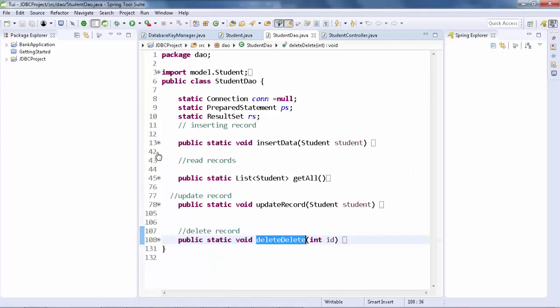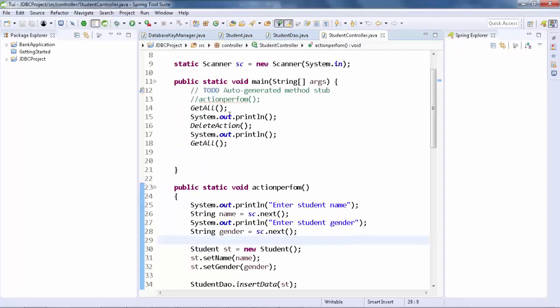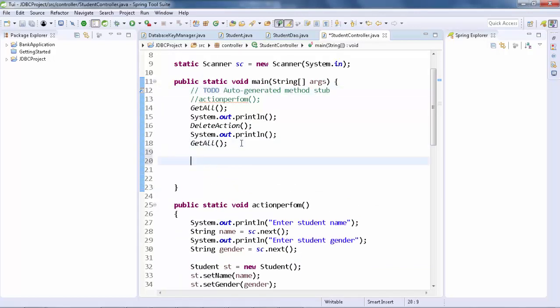In this tutorial, we'll wrap up the JDBC project. Okay, Java Database Connectivity project. What I'm going to be doing in this tutorial, I am going to go into my student controller, and in this main method, let's just go ahead and